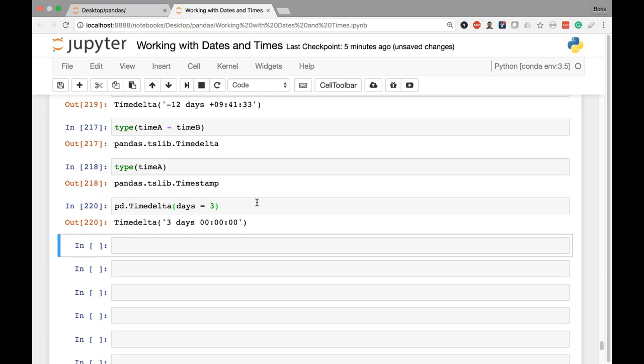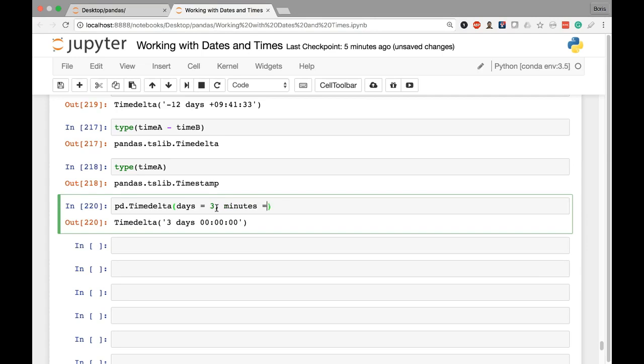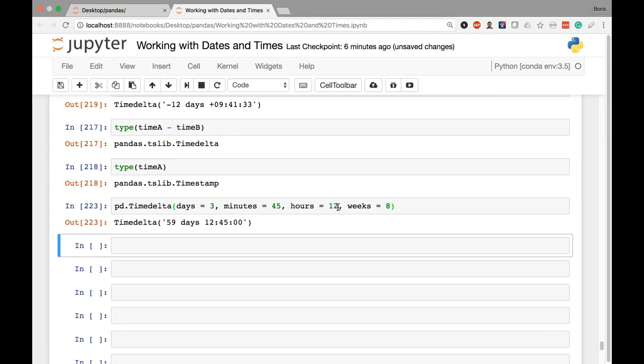3 days is my duration. Again, no specific moment in time, rather just a distance in time. Similarly, if I wanted to add something like minutes, I can do minutes equals 45. There we have it. If I wanted to do something like hours, I can do 12 hours, 3 days, 12 hours, 45 minutes. I can also provide something like weeks. It's going to do something interesting. So for example, if I do something like 8 weeks, you can see it's going to give me a time delta of 59 days. That's because every week has 7 days, so it's calculated 8 weeks times 7 days is 56 days, plus an additional 3 days from our days parameter is a total distance of 59 days, 12 hours,